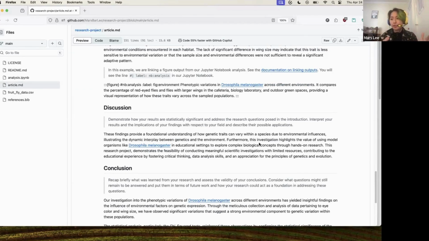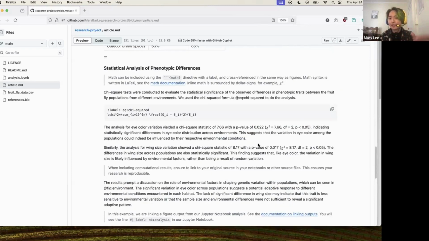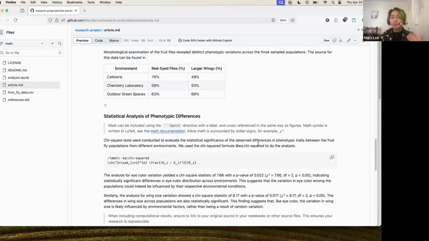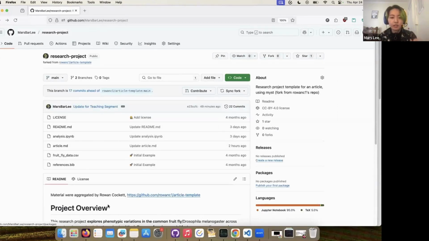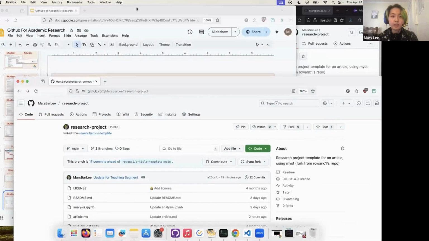So, if I switch to my advisor mindset, there is something I've already noticed here that needs a correction. But much like in Google Docs, I can't directly type into the student's work and say, oh, you did this wrong, or this is actually like that. Instead, we're going to go through a comment and a review process. So I'm going to show an overview of that back in my slides before we jump back into the GitHub website. So if I go over here and I go check out my slides,